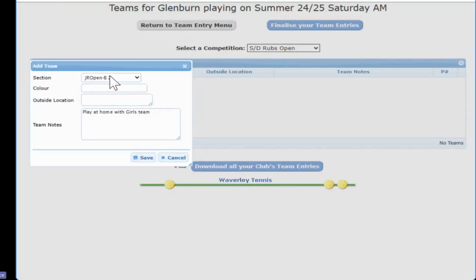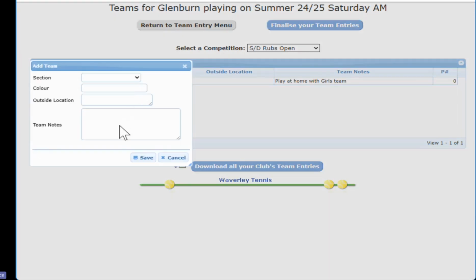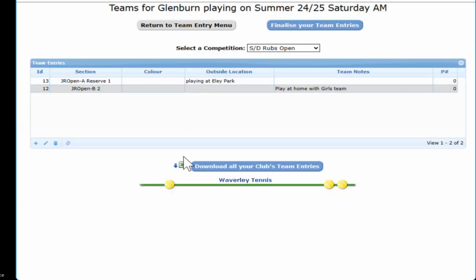So we've got down here, we're deciding we're going to put a team in boys B2. We click save, and we can see behind it that the team's been created, and there's no players in there at the moment. We can then add another team if we want to, and we will say we want a reserve one. Right, so that's there. We've only done it for boys open,